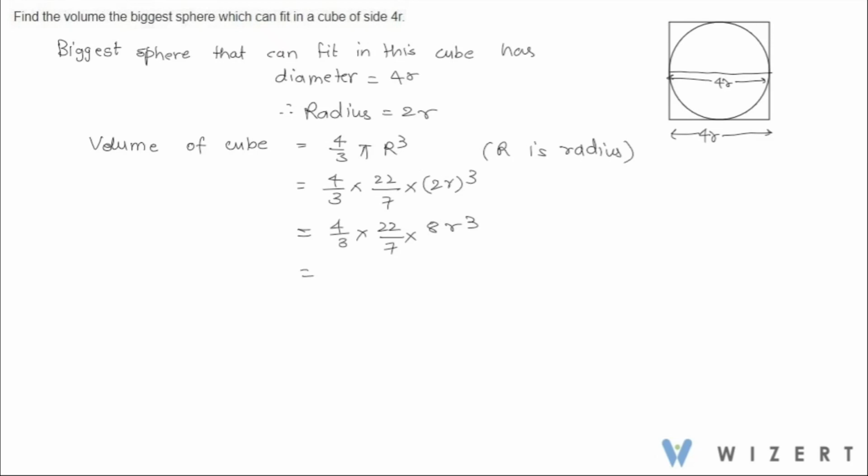So this is going to be 88 into 8, which is equal to, 8 8s are 64, 8 8s are 64 plus 6 is 70, 21 r cube. This is going to be cubic units, which is equal to,